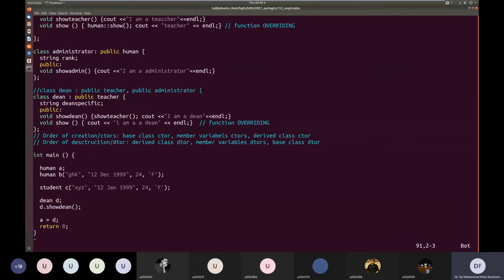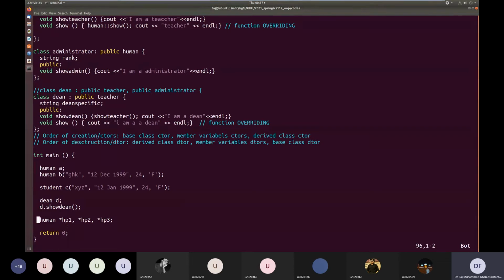What we can do is declare pointers: static HP1, static HP2, static HP3.